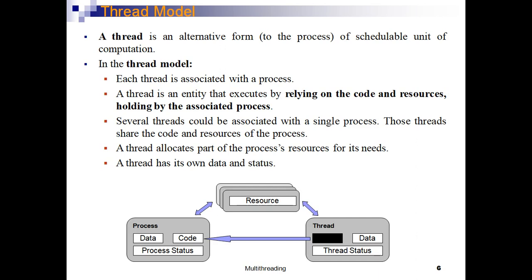At the same time, it is the responsibility of the electrician to allocate the resources to the assistants. Depending upon the work they do, or their skill set, or their experience with the electrician, he will allocate the resource. The main resource, 200 rupees, was taken from me, and within this 200 rupees, some amount will be spent on these particular assistants.